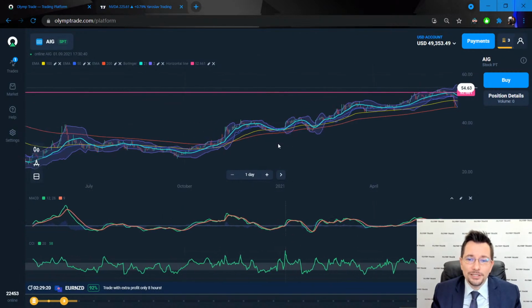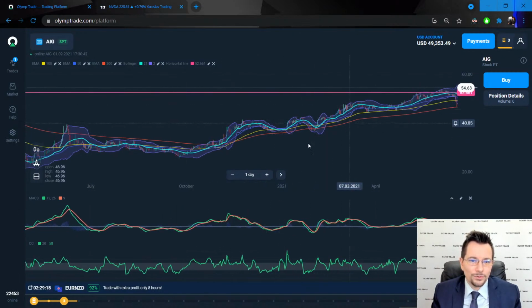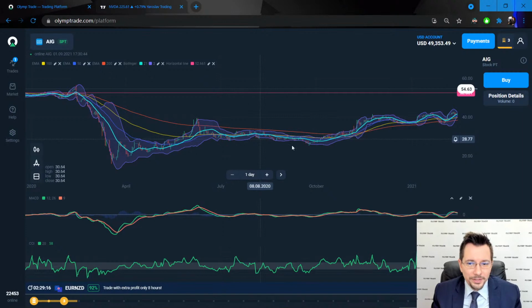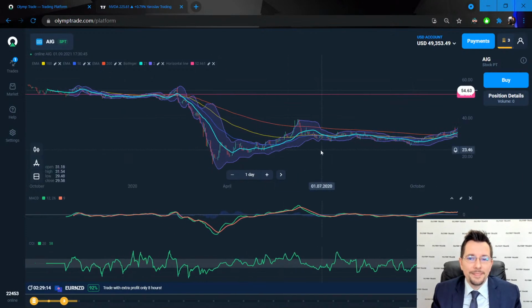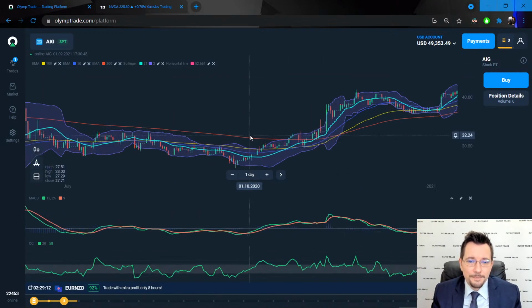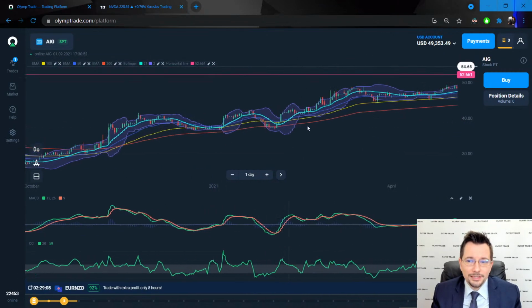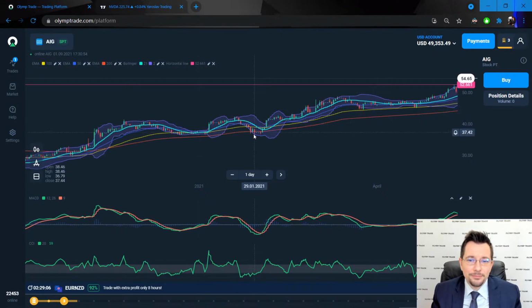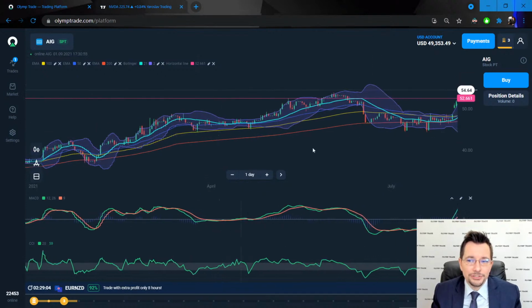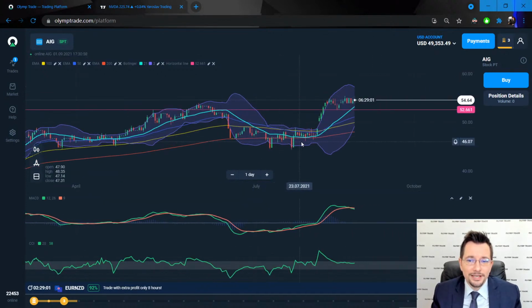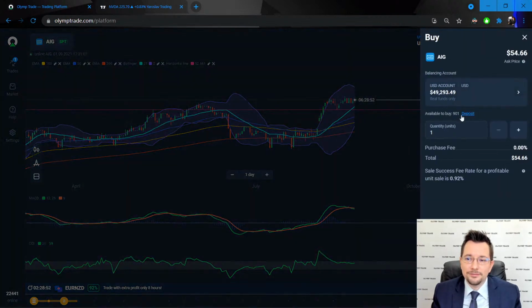And if we have a look, historically, it does get crazy. It does have long periods of downtime, and it's difficult to pinpoint an entry, but always from the bottom of the Bollinger Bands graph is the best entry after it breaks several moving averages. So we broke several moving averages, and now we're moving up to the top, and we're above the line here. Even if we do come down, the maximum would be to 49. Again, even if I buy in now, I will definitely